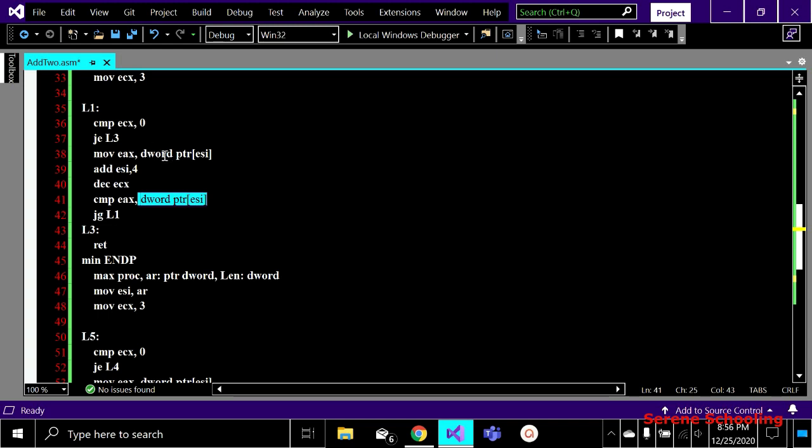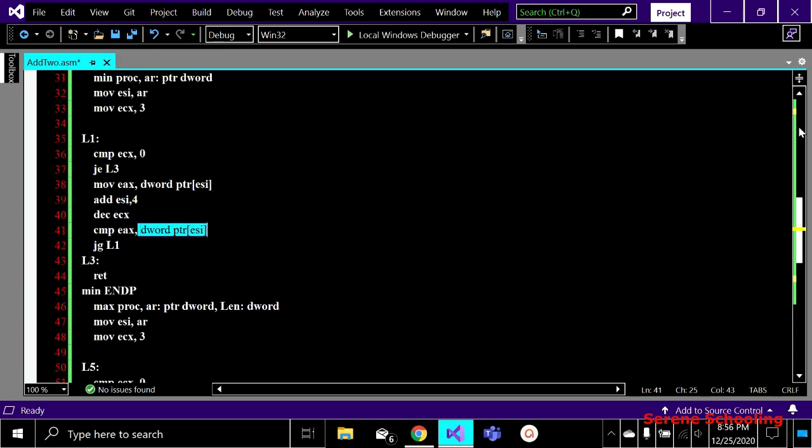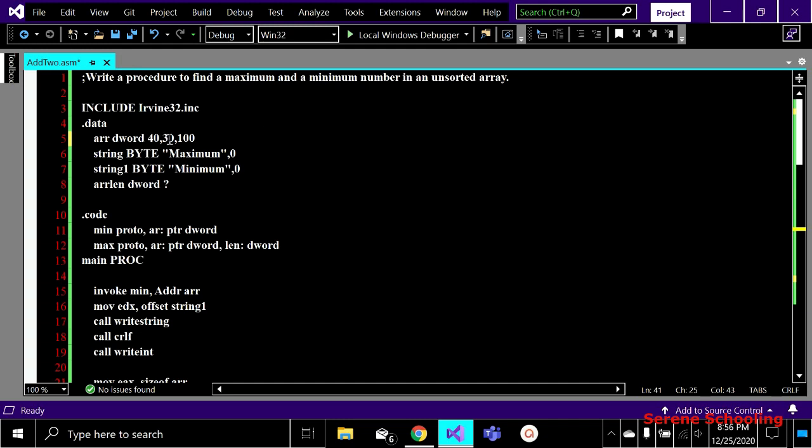I'm checking that the second value goes in EAX now, and ESI is now pointing to the third element. Now I'm comparing my third element with my second element, right? And if my second element is greater than my third element, you can see over here my second number is not greater than my third element, right?